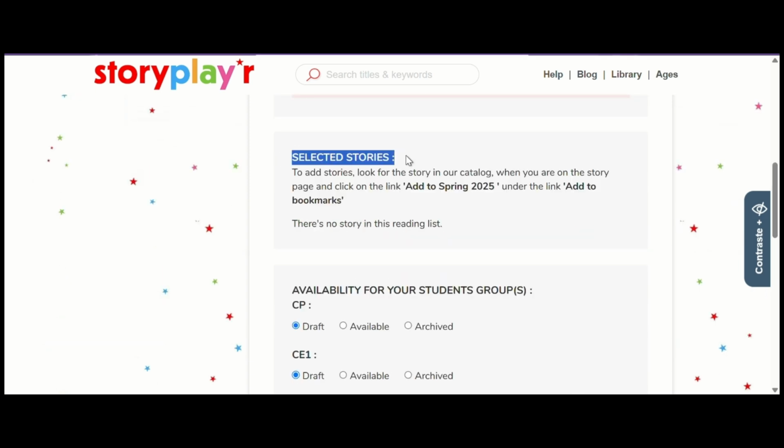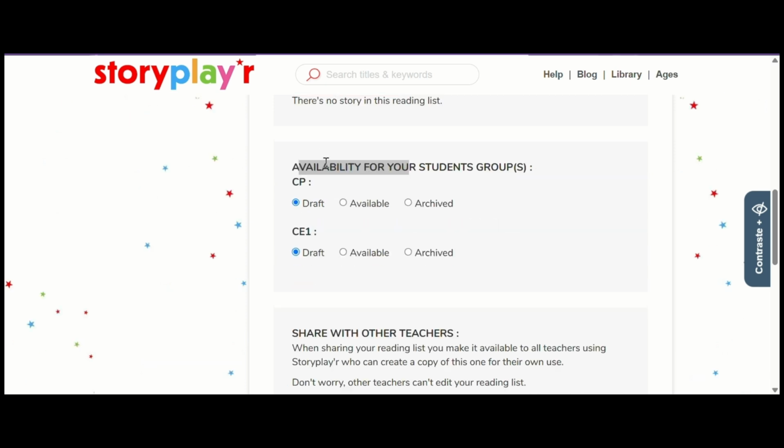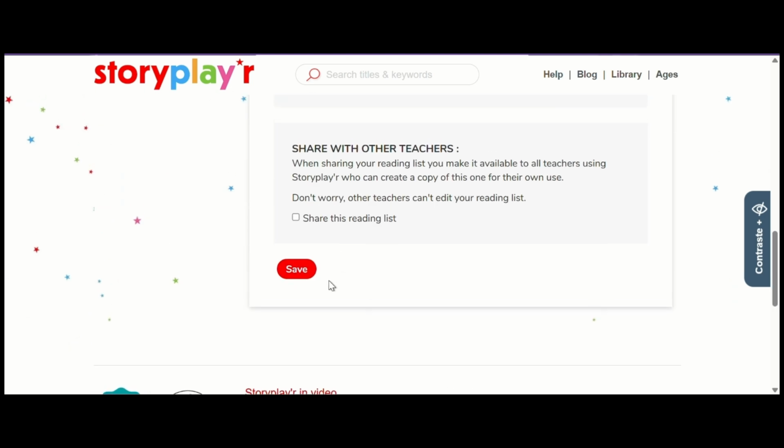Below, we have the selected stories. Of course, right now we're just at the very beginning, so for now we don't have any, but we'll see after. Here you have the availability for your student groups. So for the CP, it's a draft. For the C1, it's a draft too. If I wanted to make it available, I just click here, available, and below I save, and it'll be available